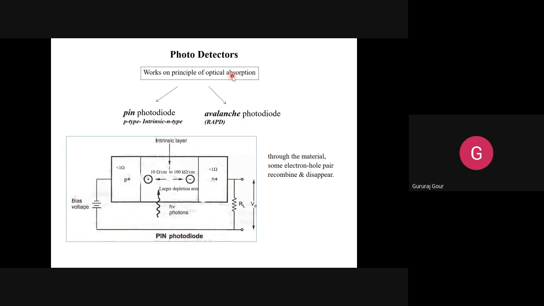And photodetector, remember one more thing. Now we are jumping into the discussion of devices used on the receiver side. Till now, we have seen two devices, LEDs and lasers, which are photo sources. They are the sources of the photons used at the transmitter side. They are emitting the photons.